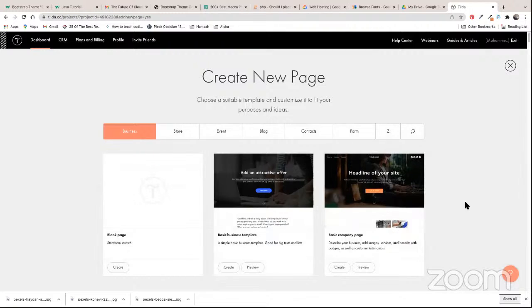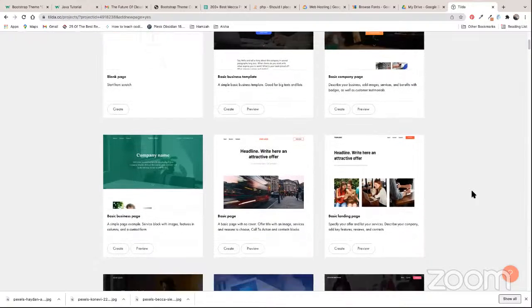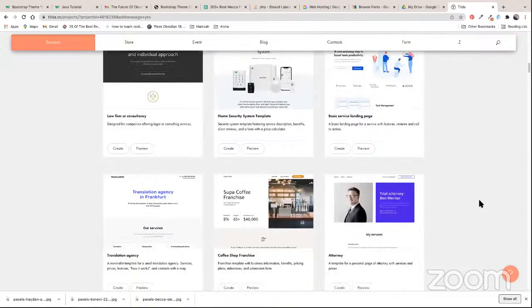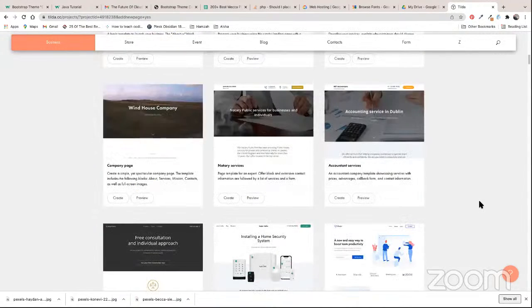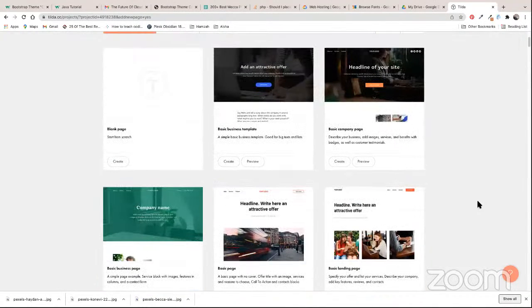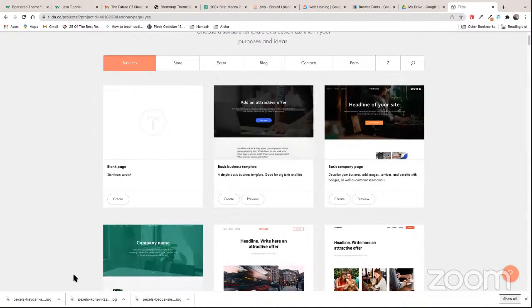Now they're giving me some templates already. This is a template within a template, right? So you can choose either one of it, or you can do your own. I'm going to show you both how you can use an existing template and change it, and also a blank page. Clear? Please from time to time respond with the thumbs up so that I know I'm going